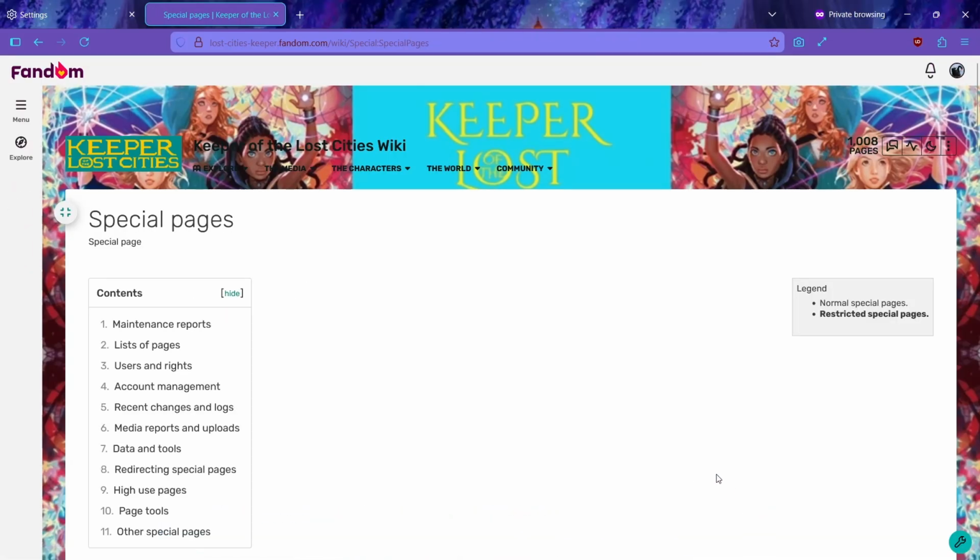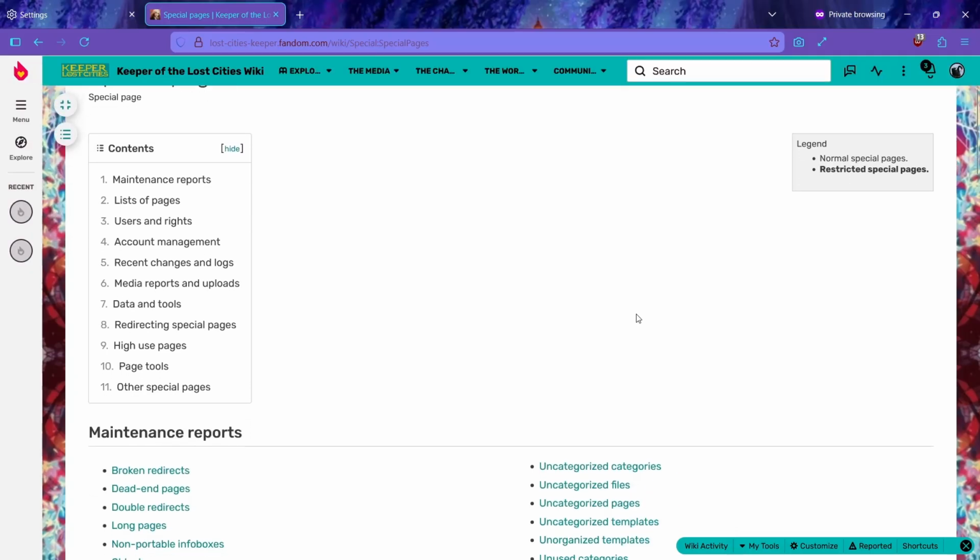I love special pages. Special pages is part of what I wanted to demonstrate, but this isn't a demonstration. It's very similar to the admin dashboard, which administrators have access to, but just less fancy, though it's a lot of the same links. Special pages is a great go-to for all of the reports and all of the technical stuff in case you're ever wanting to learn anything.